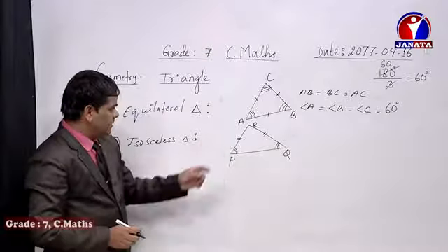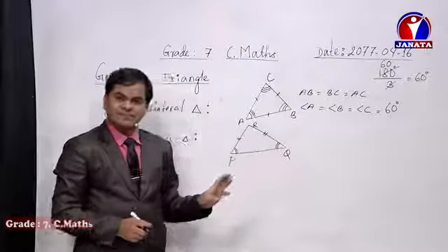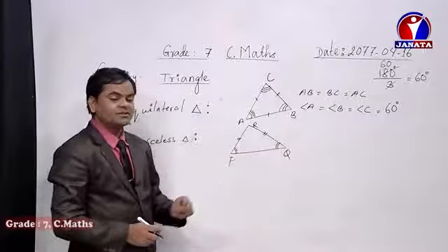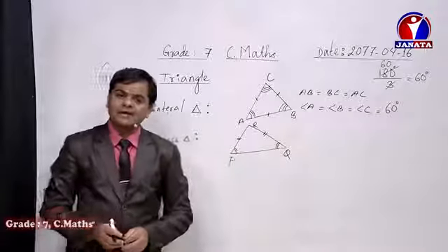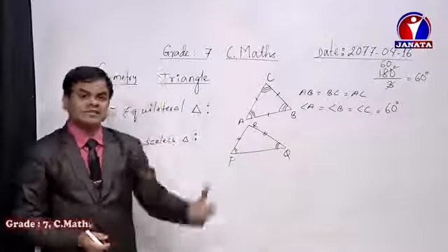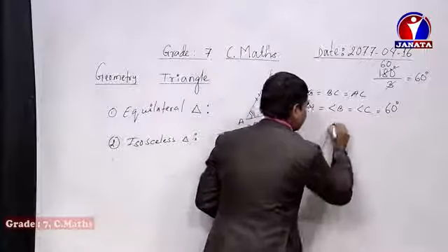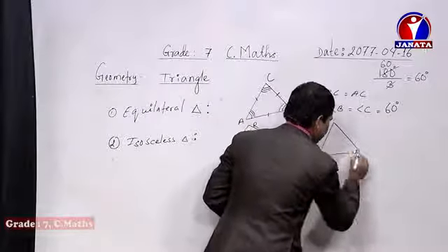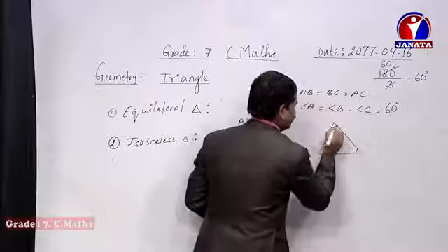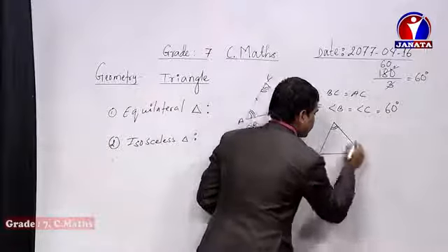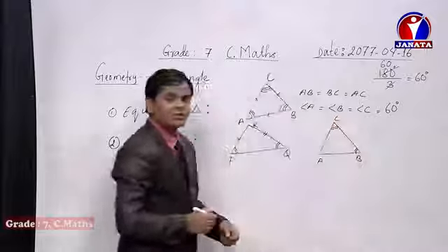So are you clear? Two sides will be equal to each other, and the two angles opposite to the equal sides, the angles which are formed, are equal to each other, and vice versa, dear student. Now look here, another figure I'm going to make. If this angle and this one angle are equal to each other, then which two sides are equal to each other? You need to find out.